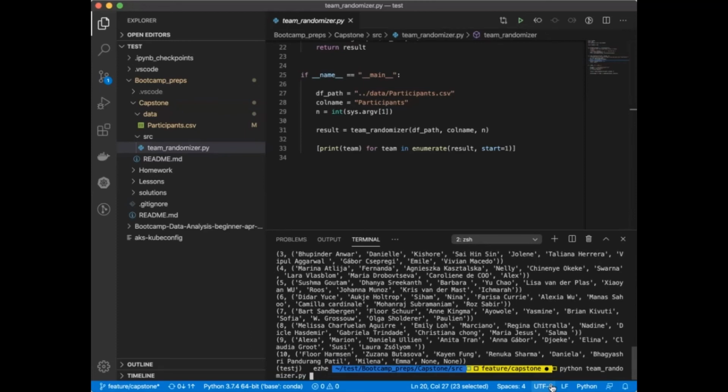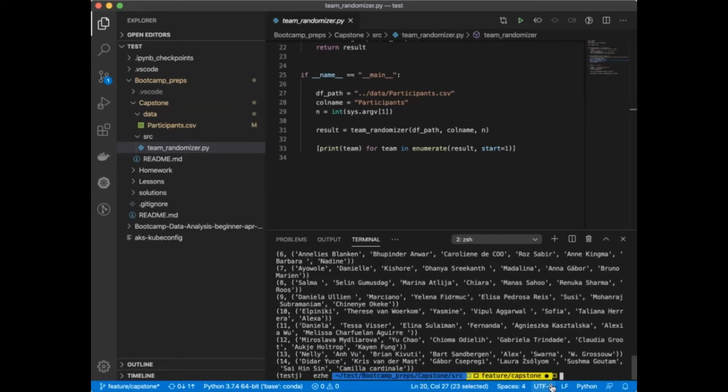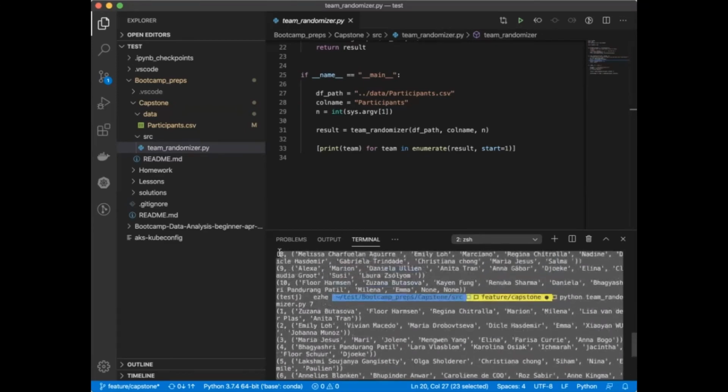Because there are 98 people, we decided to split into teams with 7 people. So fingers crossed, drums on the table. We are doing the split right now. Okay, so these are the final results, and I will just copy these results as they are and immediately pass these results to the